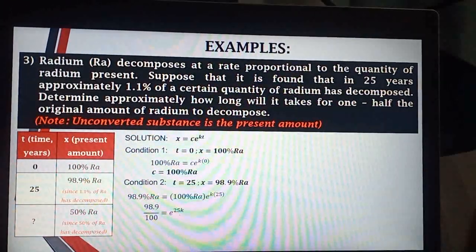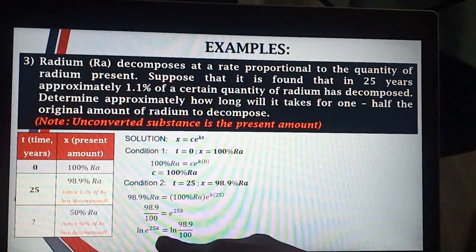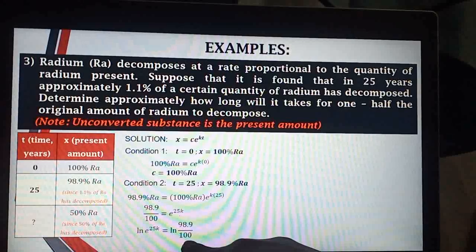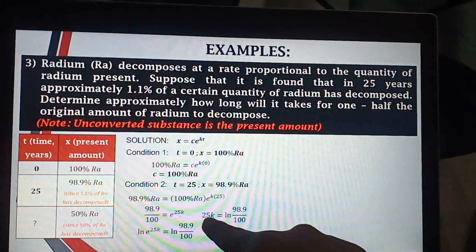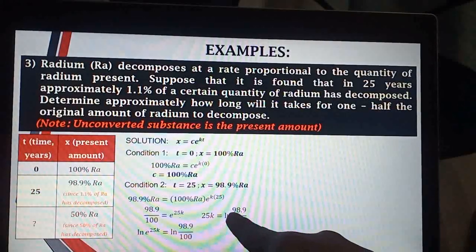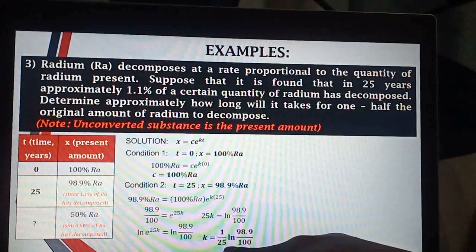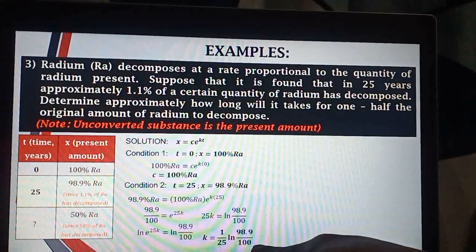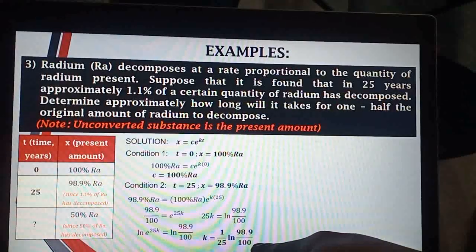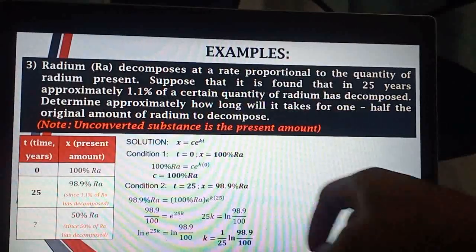Then taking the ln of both sides, you will have ln of e raised to 25k equals ln of 98.9 over 100. So, magiging 25k na lang equals ln of 98.9 over 100. So, the value of our k is 1 over 25 ln of 98.9 all over 100. Since you have the value of k and you do also have the value of c, gagamitin na natin siya